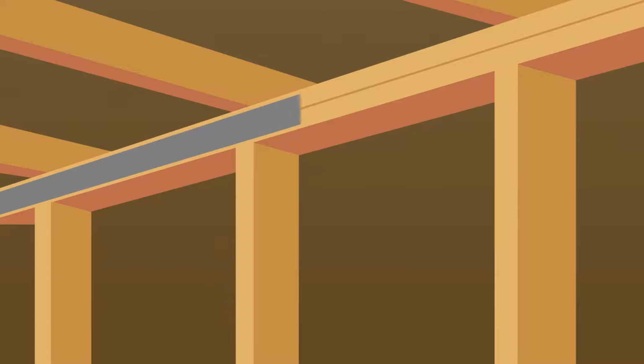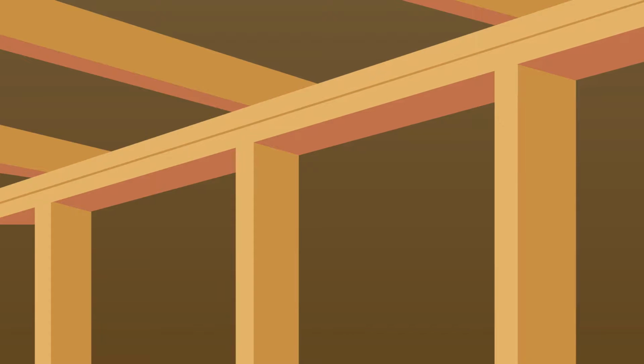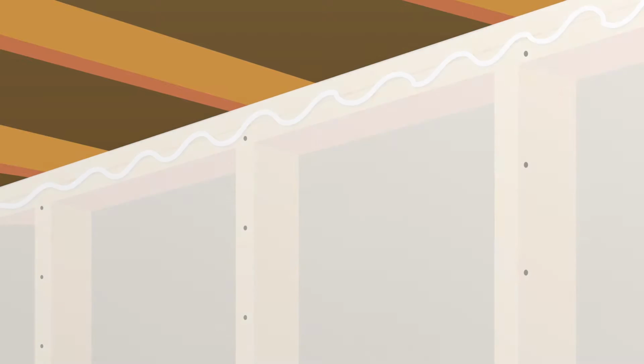You can attach a gasket to the top plates of all walls that adjoin the attic. The drywall will seal to the gasket and prevent the cold attic air from falling down into the walls. Instead of a gasket, use a sealant to adhere the wallboard to the top plate. This needs to be done when the wallboard is being installed to ensure the wallboard beds against the wet sealant